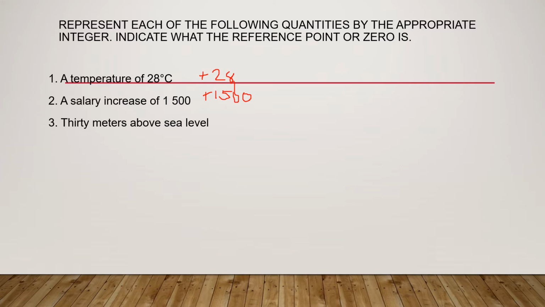So, pag sinabi natin above, sa taas ng sea level, we have positive 30. Ang opposite ng above ay below. Number 4, position of a diver who is 500 meters below sea level. So, this time below, that is negative,